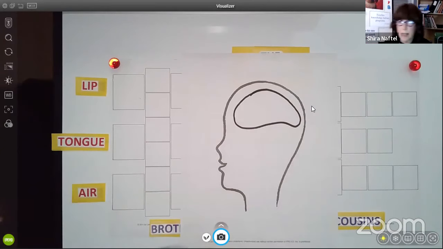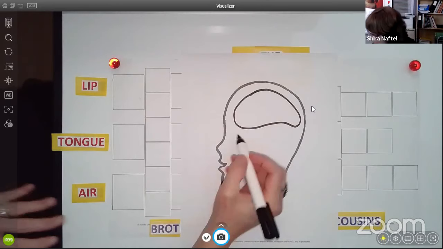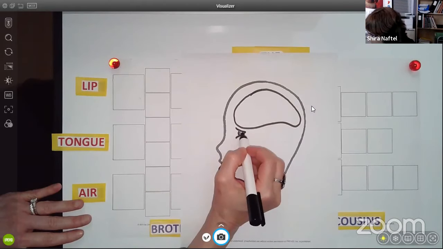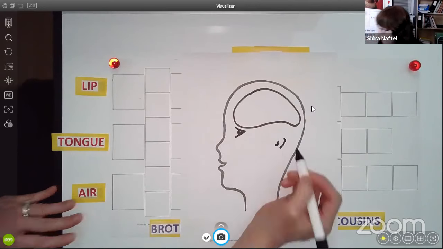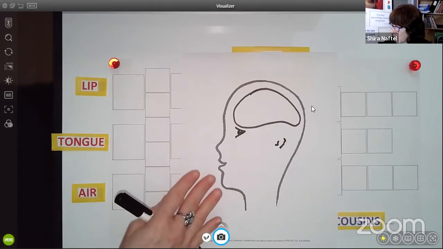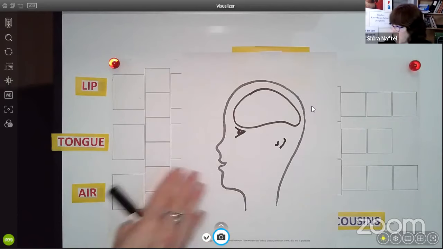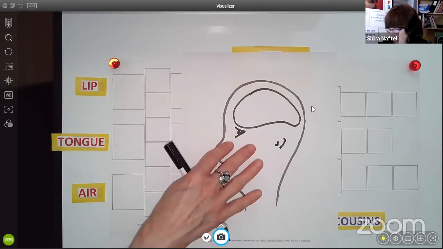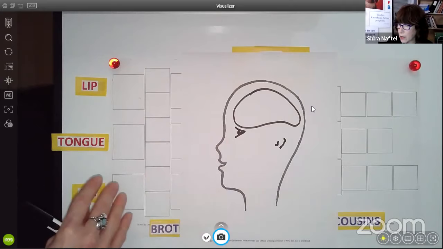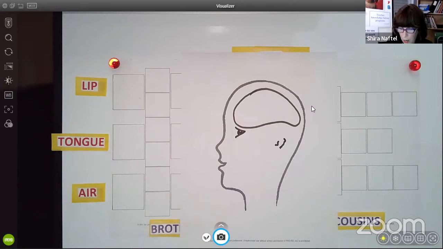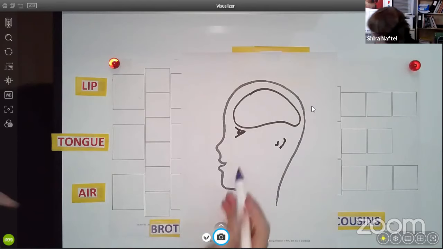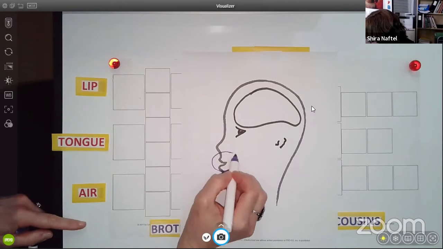And then I would say to them, that's nice. How do you get information about the world around us? And of course, I'm looking for 5 senses. That's what we're looking for. And as they tell me the senses, we're going to draw them here. We talk about how usually the senses that we use the most in school would be your hearing and your seeing and your feeling sense. And for right now, we're going to focus on the feeling in our mouth.